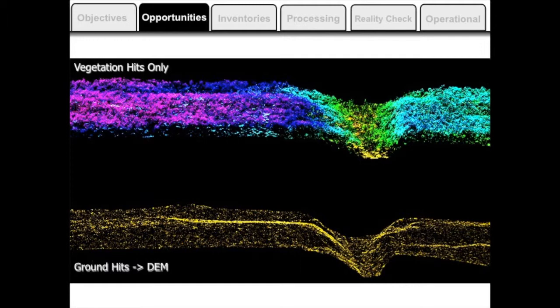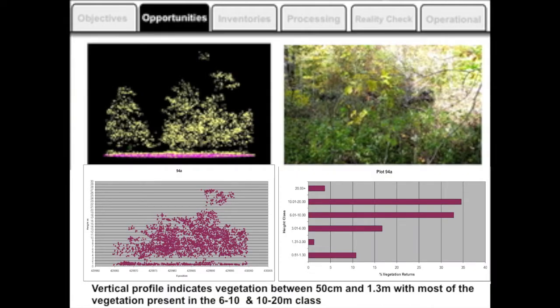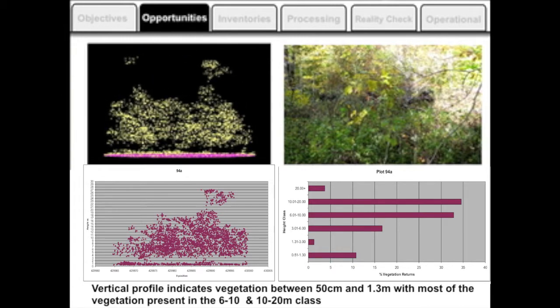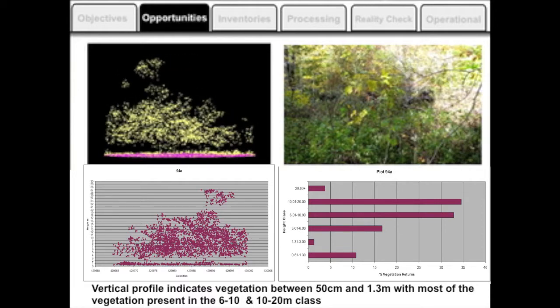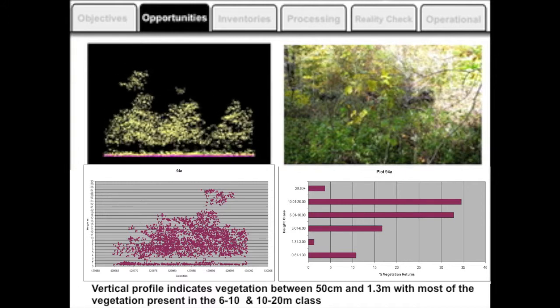And so we've been working with people to make sure they get this level of information into some of the standards that Chris talked about before, so that we have a data set that we can do some pretty amazing things with. And one is the whole idea of habitat modeling. We have a big species at risk program in Ontario where we're trying to delineate habitat for some of our species at risk. So some of these songbirds in southern Ontario, we looked at trying to identify with the experts and the biologists the type of habitat that these birds will have nesting sites in. And this particular part is in Rondeau Provincial Park, which is on Lake Erie in southern Ontario.